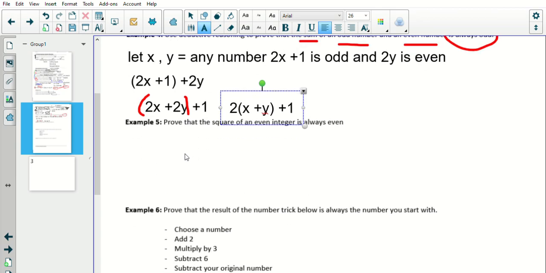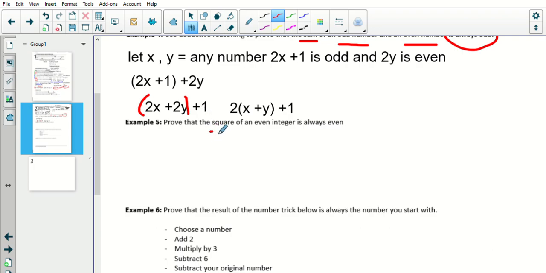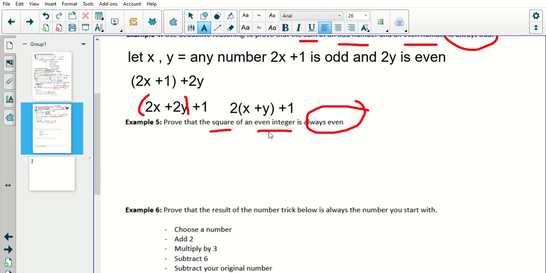So, next question is prove the square of an even integer is always even. Breaking this down, I have this square function. I know I'm starting with an even integer, and I'm always trying to show that it's even in the end. Okay, so how many variables am I dealing with? Well, I'm only dealing with one variable because I'm only dealing with one even number. So I'm going to deal with an x. And of course, I'm going to say let x equal any number. Okay, and by doing that, I can say 2x is equal to an even number,